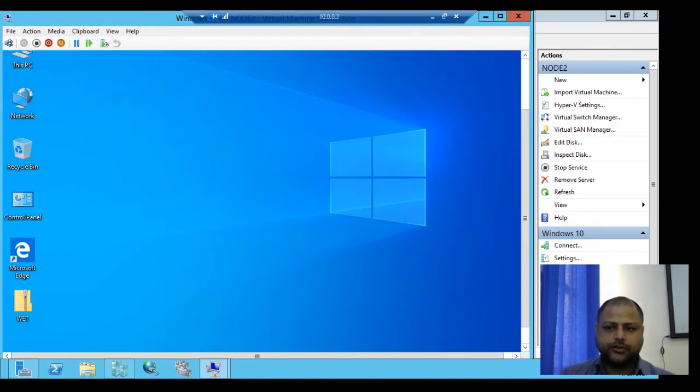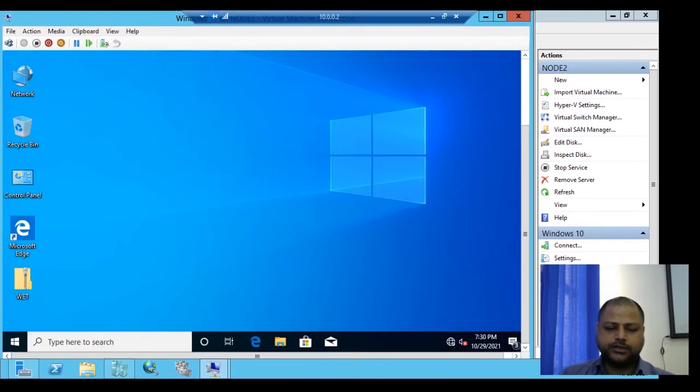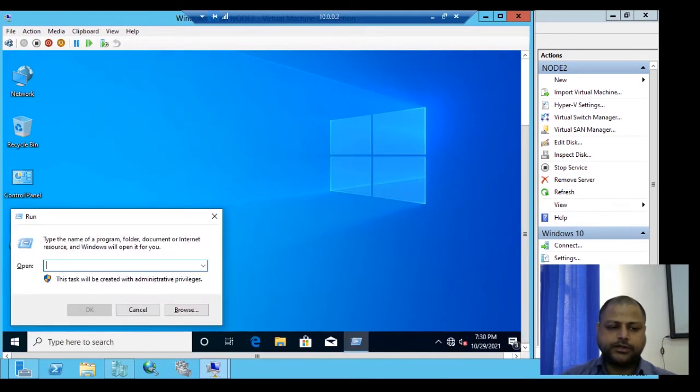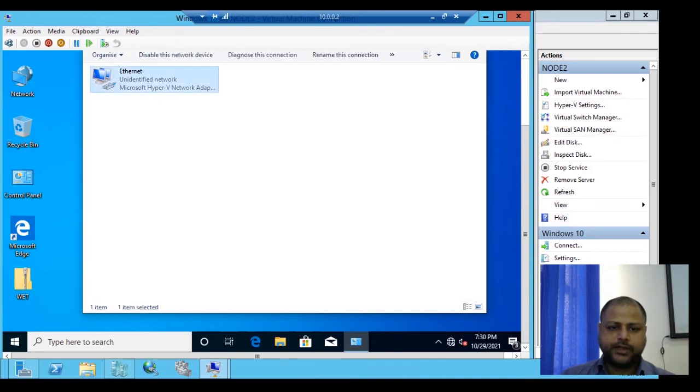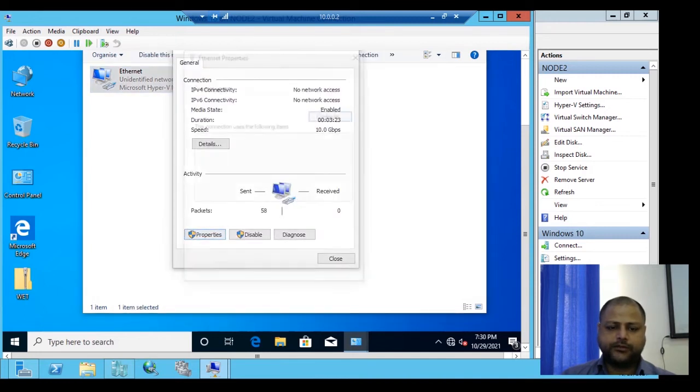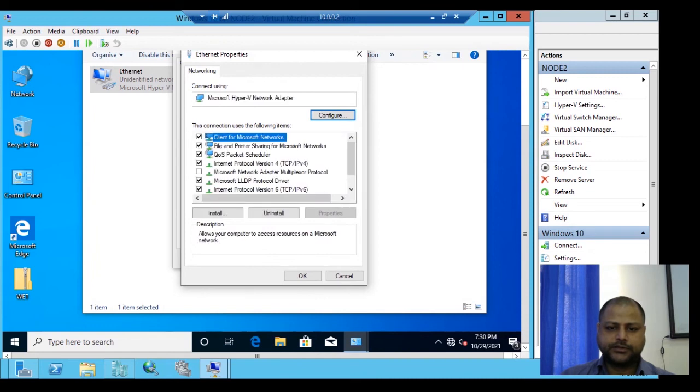Now we will configure the IP address first. For that, we'll go to the Network Sharing Center, that is ncpa.cpl, and check the IP address and the connectivity. We'll change the IP address first.